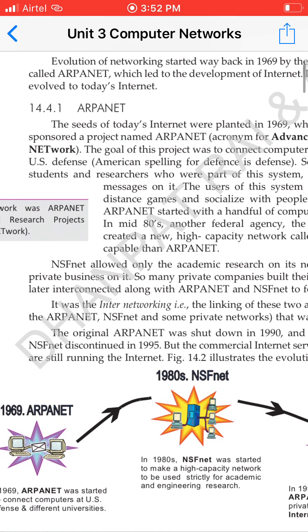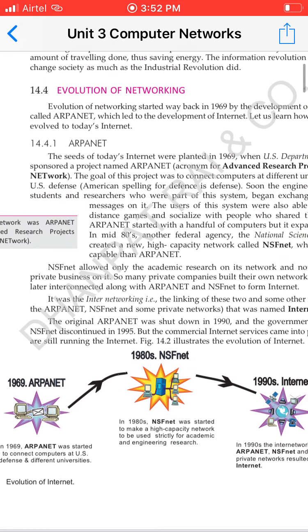And after some time, NSF-Net was established. It was for academic research only. In this also, a particular network was established for academic universities for research purposes, so that they can communicate, or they can copy or send their research papers and hold meetings. NSF-Net was used for that purpose, and after that ARPANET, NSF-Net and some other private networks were joined to make